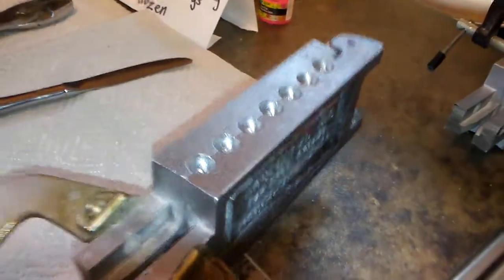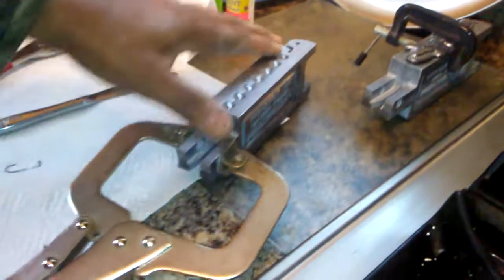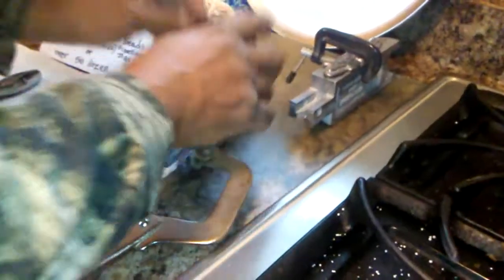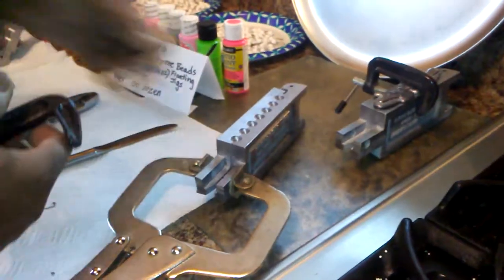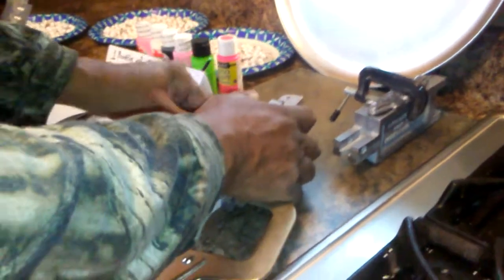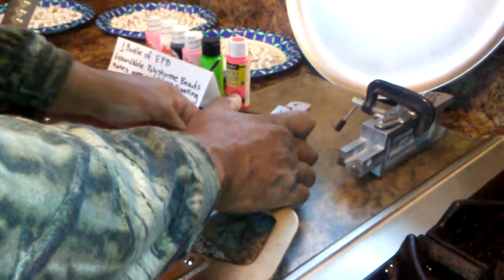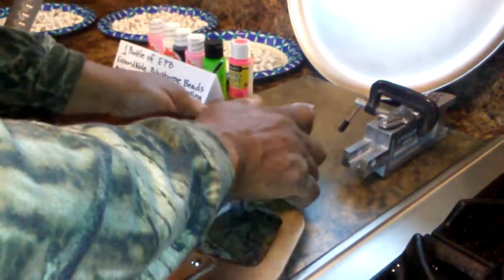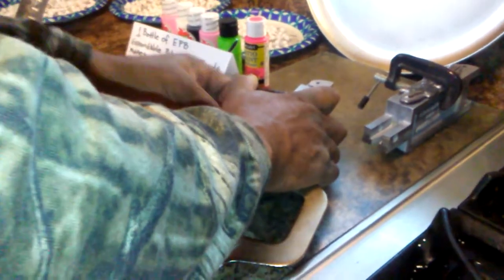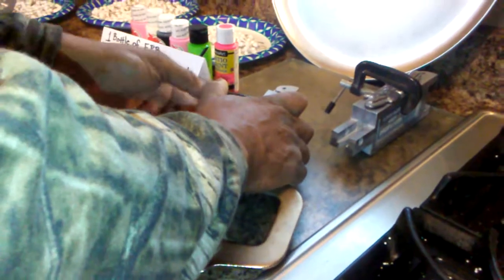Okay? Now that your mold is loaded, get a clamp. Put the clamp on. But before we do that, we got to make sure that we put the cover on. The cover will keep the EPB inside the mold. As it expands, it will push outward. If you don't have this clamp on there, most of your EPB will float out of the top. So the reason why this clamp and this lead piece is on there is to keep the EPB in there,